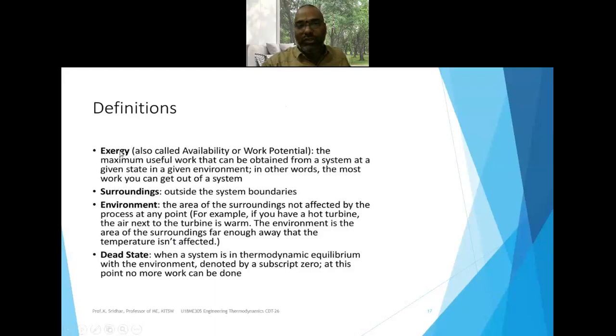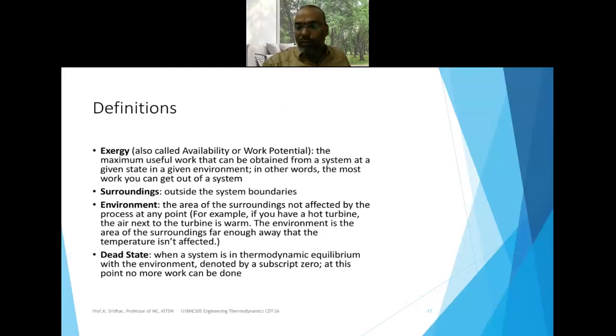because I just now told you that exergy is also called the availability or the maximum work potential. The work potential is basically related to the dead state. So the dead state plays a vital role whenever we are talking about the availability concept. What do you mean by the dead state? It is when a system is in thermodynamic equilibrium with the environment, denoted by a subscript 0. That is, whenever we have P naught, V naught, T naught,